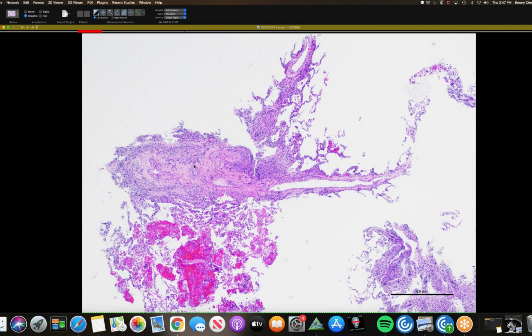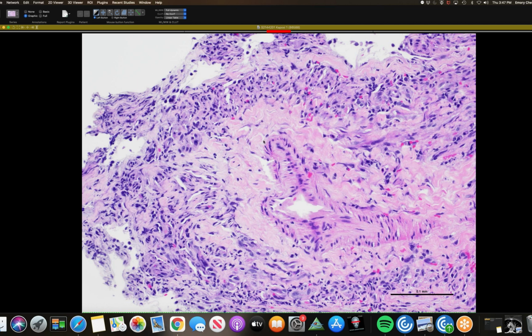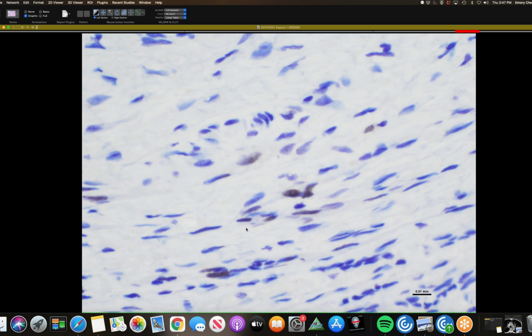These are spindle cells, all these nuclei here, a spindle cell tumor that's infiltrating along the interstitium, and then some collagen deposition. And then here's a magnified view. So you have the spindle cells here encasing the airways, and some collagen, and then this is a